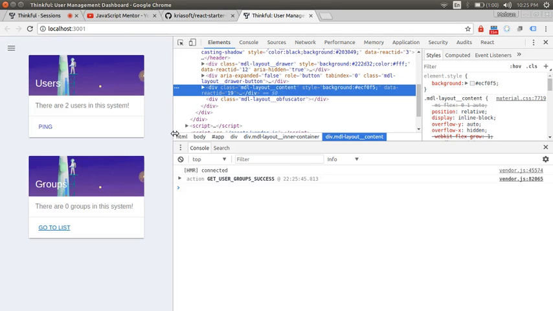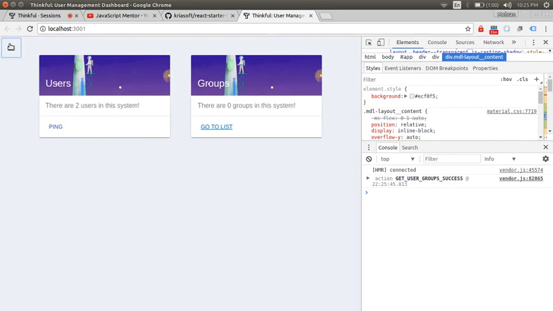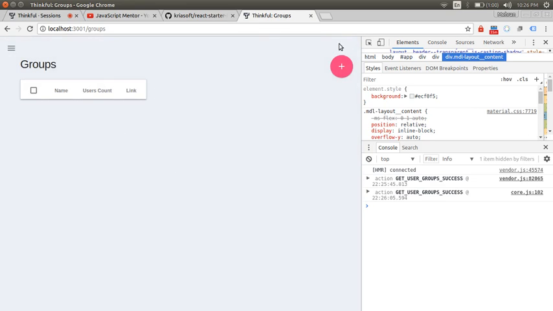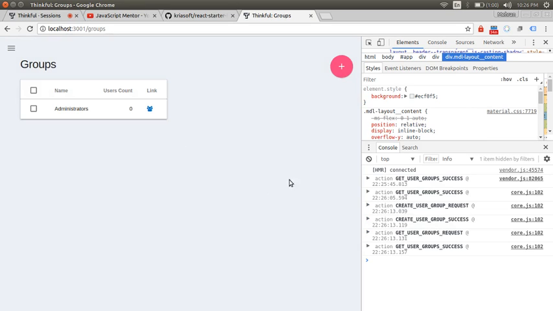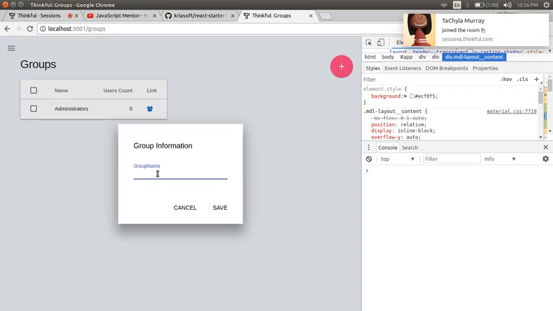So this application is responsive. I have tried to make it responsive. And its dashboard offers two different parts. You could see that we have a list of groups, and you could create new groups, like administrators. It's using my local MongoDB database. So here you could create more users,